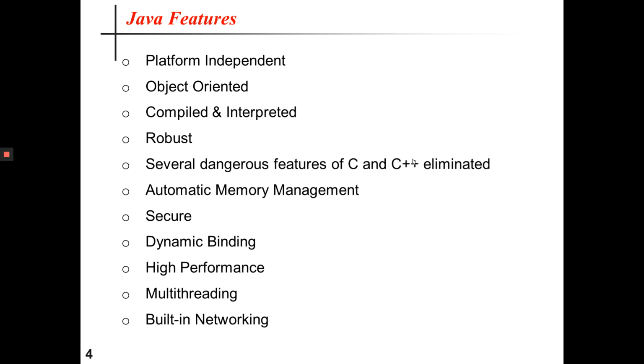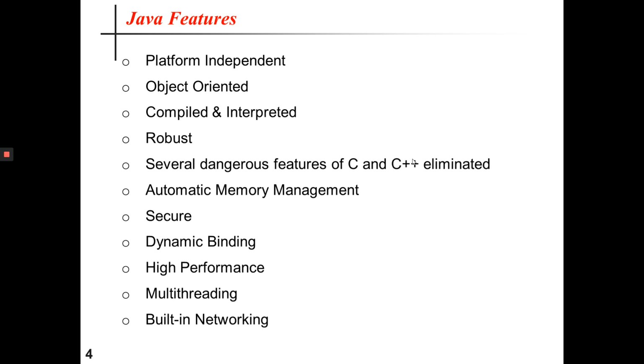First, Java is a platform independent programming language. We have already seen that after writing a Java program, it has to be compiled by using the Javac compiler, and it will create a .class file provided there is no syntax error. That .class file can be imported into any machine, and there the .class file has the ability to run.